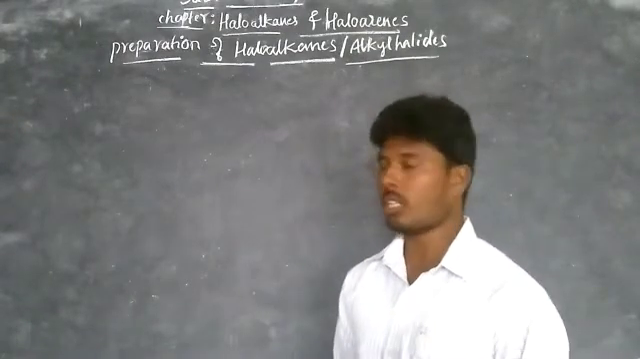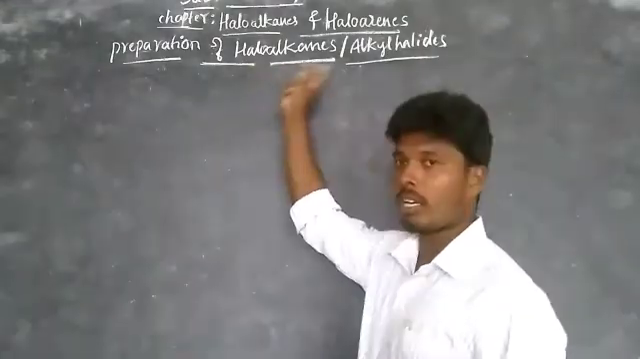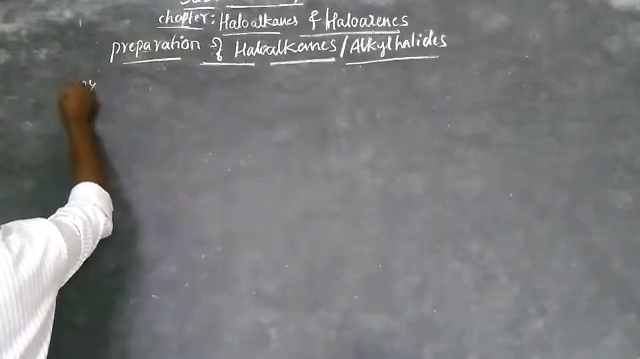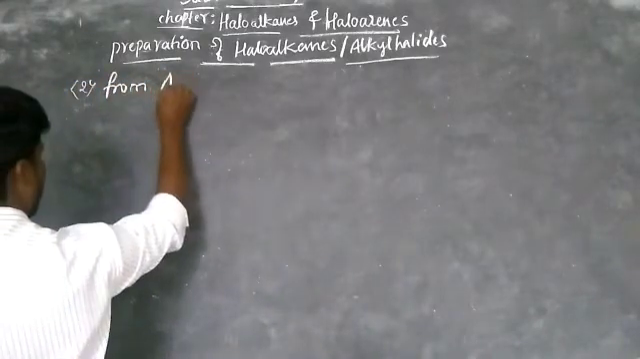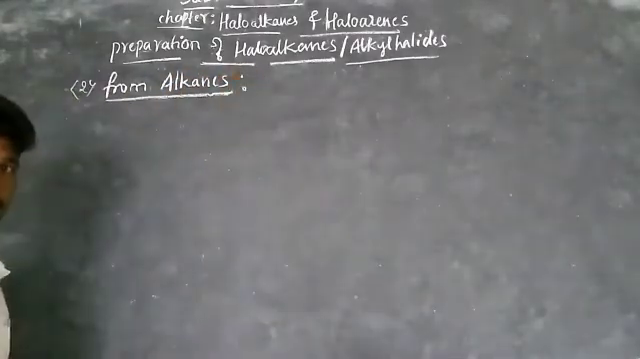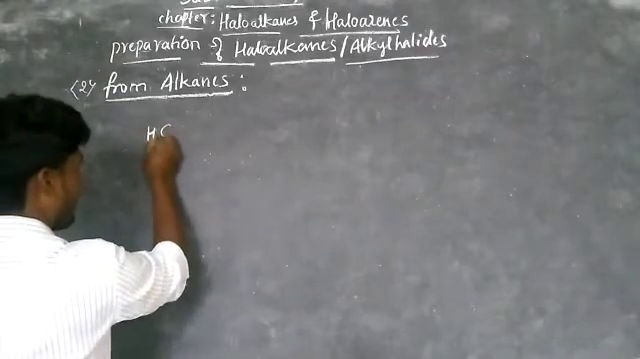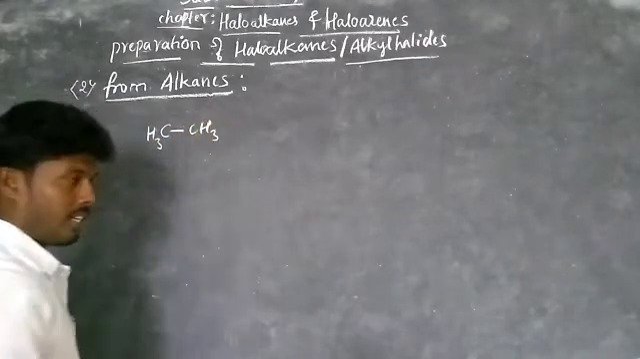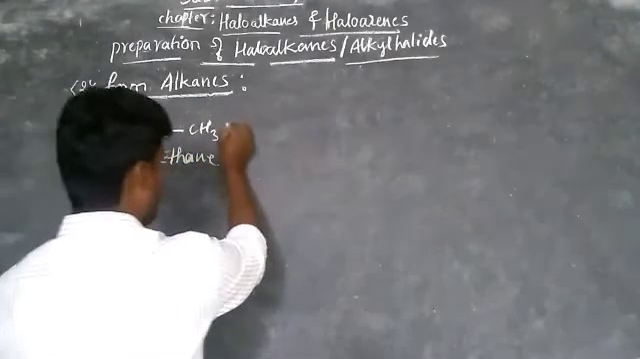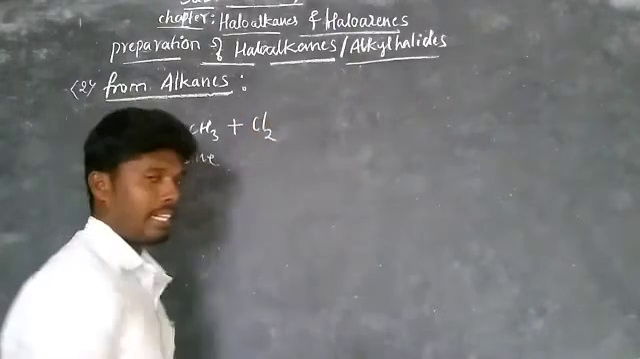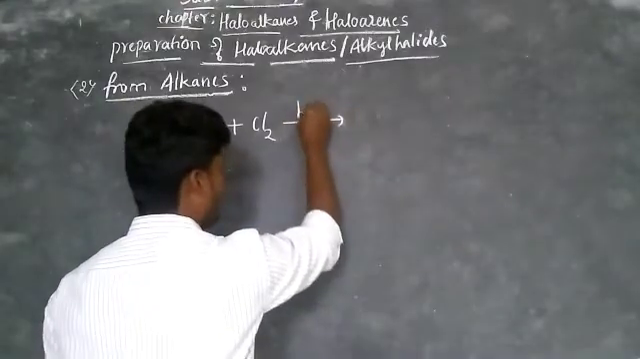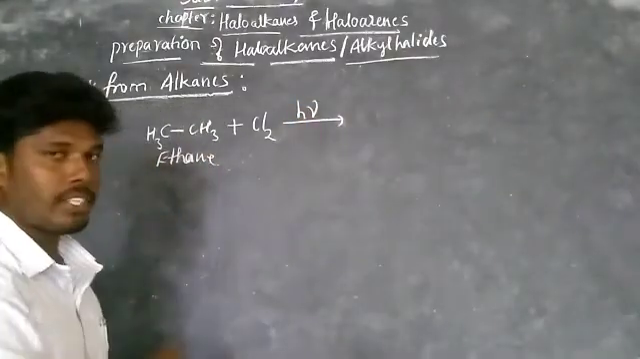Already we have studied the first method to prepare haloalkanes and haloarenes. The second method is from alkanes. In this method, take an alkane, for example ethane, CH3CH3. Ethane is treated with chlorine, that is halogens, in presence of sunlight, that is diffused sunlight. We are writing h nu to get